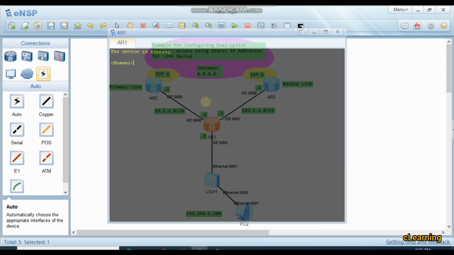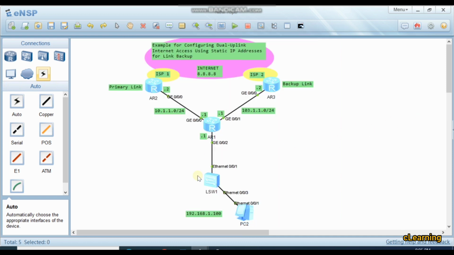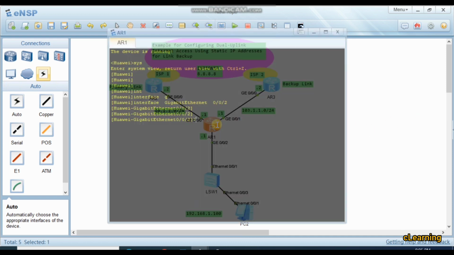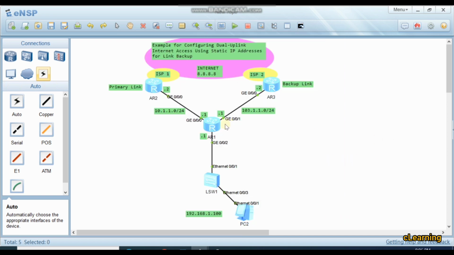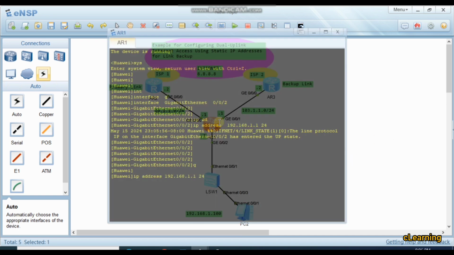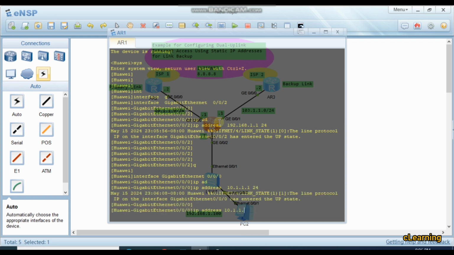First of all, we complete the layer 3. I will go into interfaces, interface giga 0/0/2. This is our LAN zone. I am giving the IP address 192.168.1.1/24, and then we go on G000, and the IP address would be 10.1.1.1/24, and on G001,